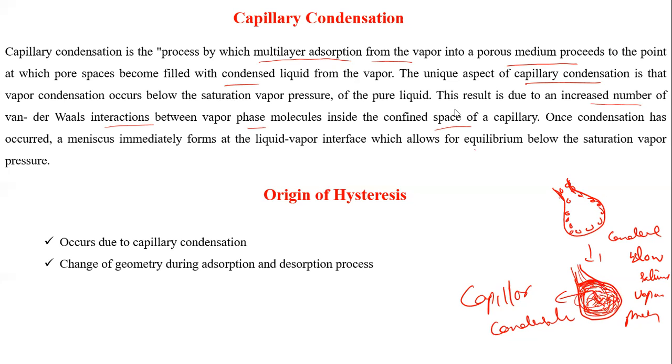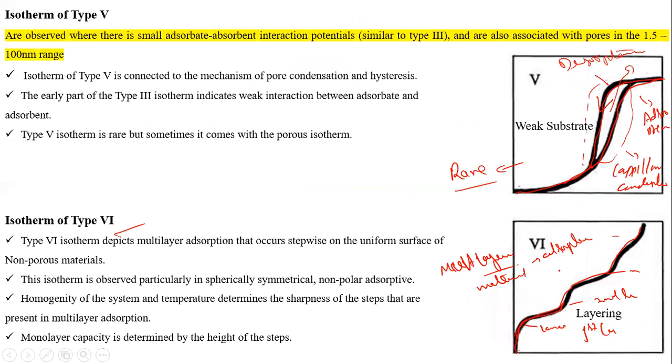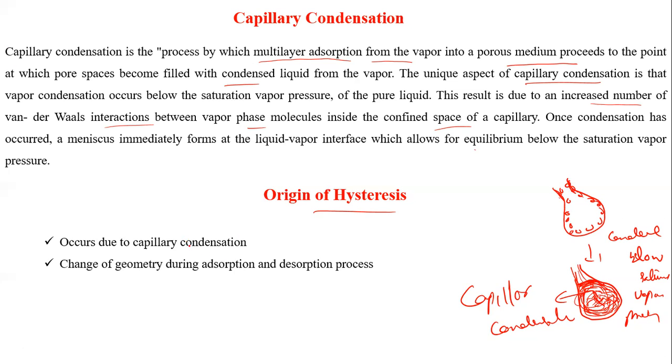तो दिस इज योर कैपिलरी कंडेंसेशन। नाउ नेक्स्ट इज ऑरिजिन ऑफ हिस्टेरिसिस। जो यहाँ पे पिछले ग्राफ्स में हमने देखा, यहाँ पे हिस्टेरिसिस किसकी वजह से आया, तो दो मेन रीजन है। The hysteresis originates due to capillary condensation and change of geometry during adsorption and desorption process। आपकी adsorption प्रोसेस के वक्त अगर आपकी मटेरियल की या पोर की कोई अलग ज्योमेट्री है, और डिसॉर्प्शन के टाइम आपका ज्योमेट्री अगर चेंज होते हैं, उसकी वजह से भी हिस्टेरिसिस आ जाते हैं। तो हिस्टेरिसिस के दो मेन रीजन है, एक आपका कैपिलरी कंडेंसेशन, दूसरा चेंज इन द ज्योमेट्री ड्यूरिंग एडसॉर्प्शन एंड डिसॉर्प्शन प्रोसेस।